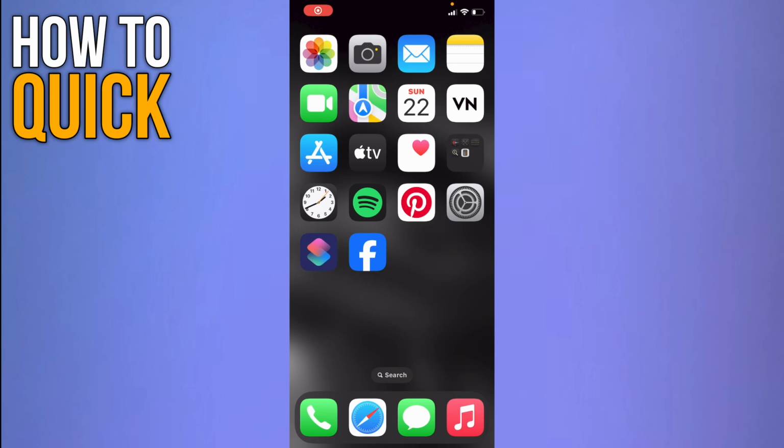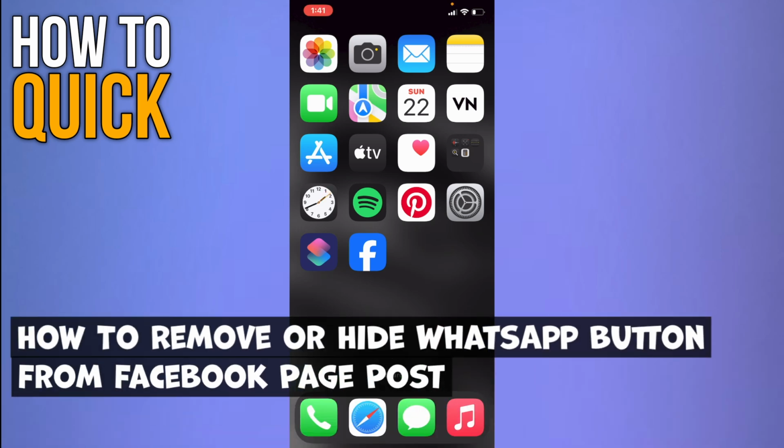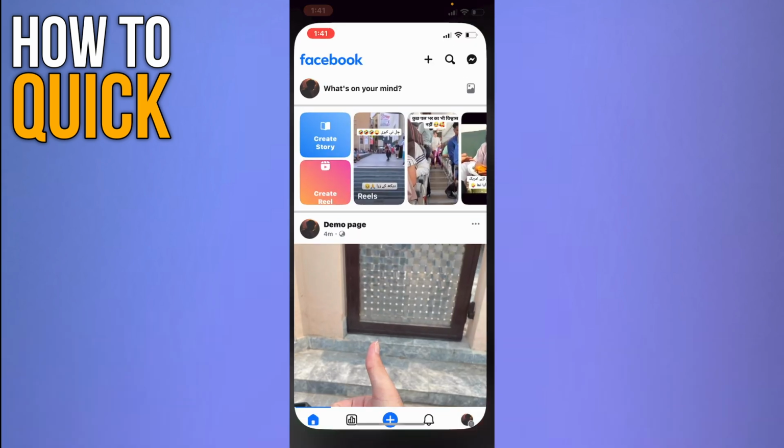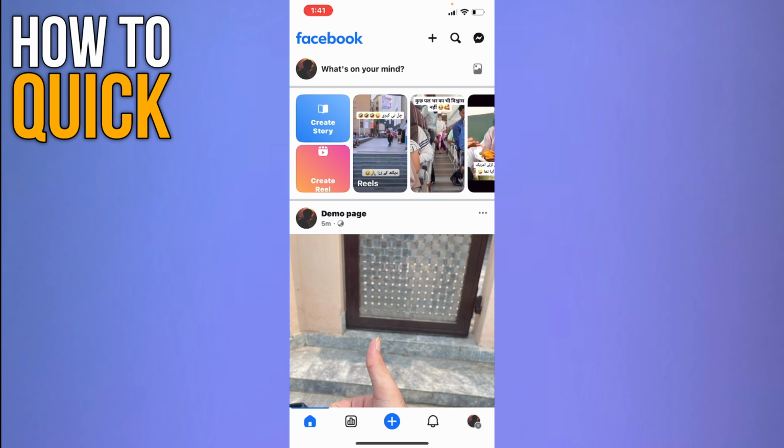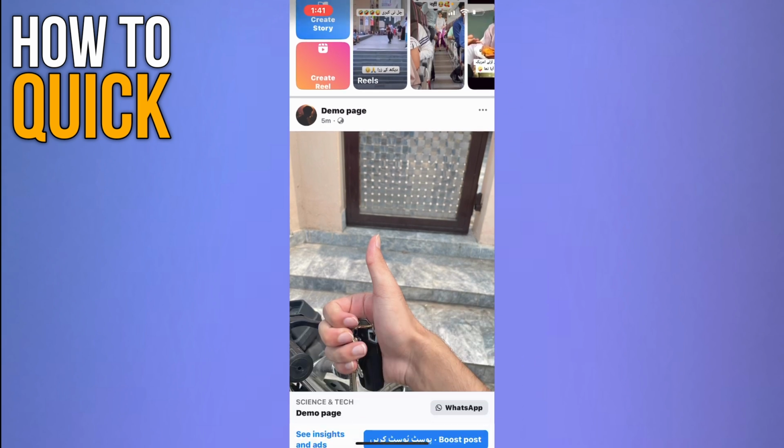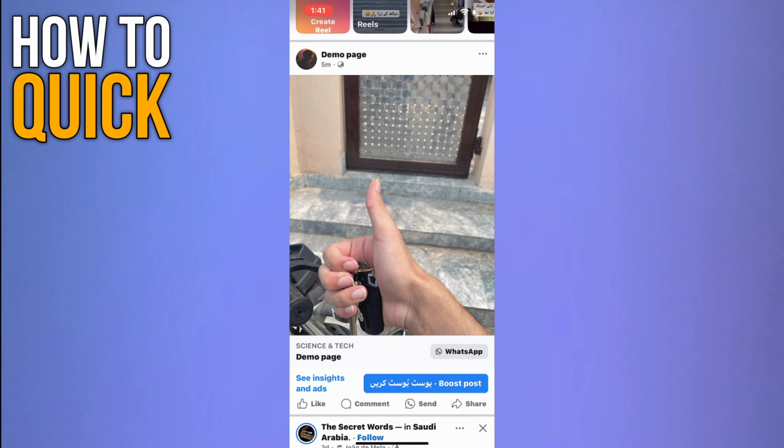In this video, I am going to show you how to remove or hide WhatsApp button from Facebook page post. So first of all, open up your Facebook application. Now on your Facebook application, I have just made this post on which the WhatsApp button is being shown. So now, if you want to hide or remove this WhatsApp button, you actually have to unlink your WhatsApp from